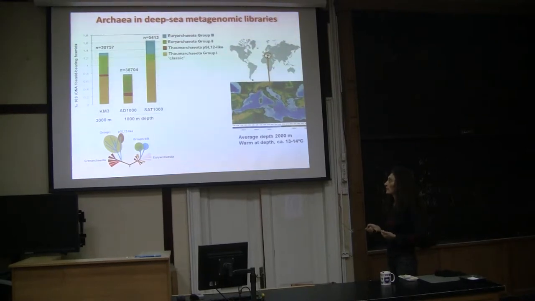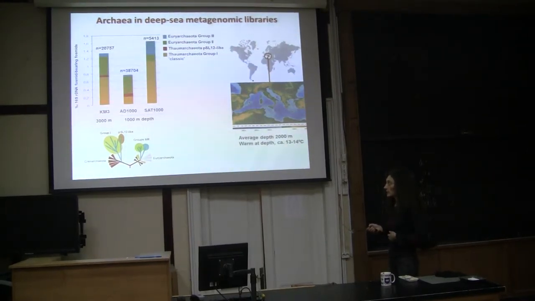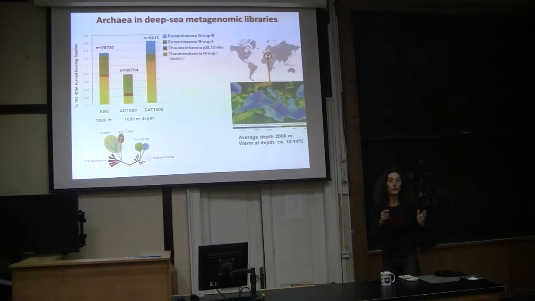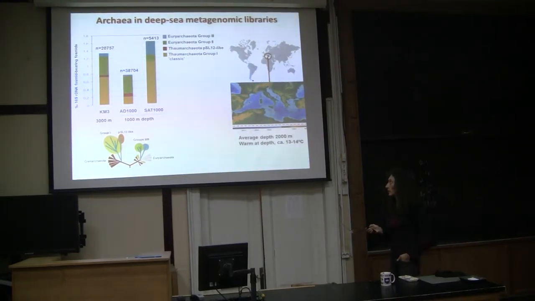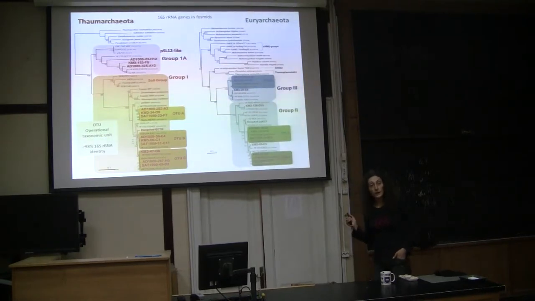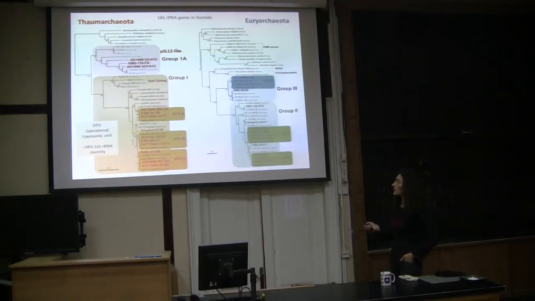So the story that I'm going to tell today started several years ago when we constructed metagenomic libraries from deep sea waters coming from 1,000 and 3,000 meters deep in the Mediterranean or in the South Atlantic. In fosmids, so genomic clones between 25 and 40 kbs. And these libraries were relatively enriched in Archaea, both Eukaryotes and Archaea. So, in order to characterize the diversity of Archaea that have been captured by our libraries, we looked for 16S ribosomal RNA genes in the fosmids that we got.